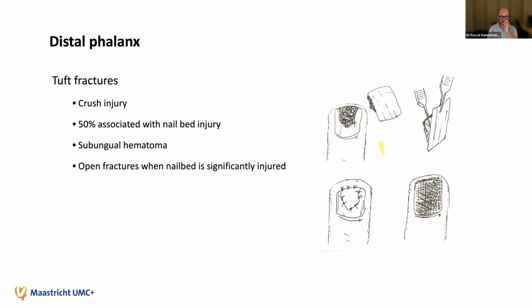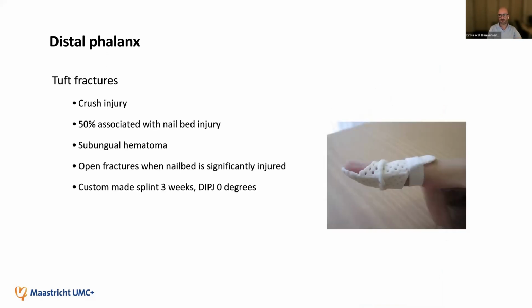So this might lead to some problems. However, the majority, more than 95% of these fractures can be treated conservatively. And this is, according to the guideline, the way to go. This is actually the way we treat them in our clinic. A custom-made splint for 3 weeks with the DIP joint in 0 degrees flexion. There is rarely or hardly ever any indication for internal fixation, mainly due to the fact that the fracture fragments